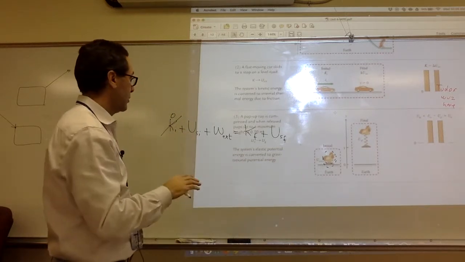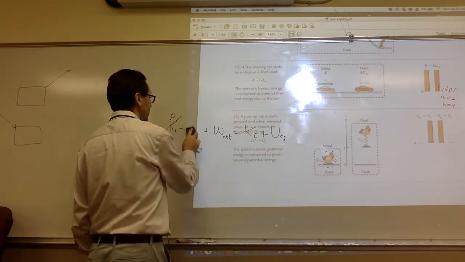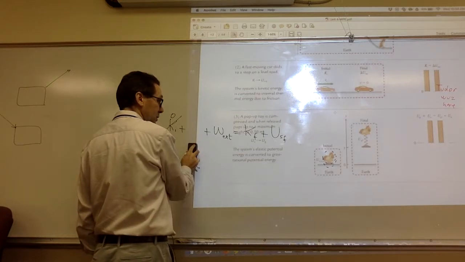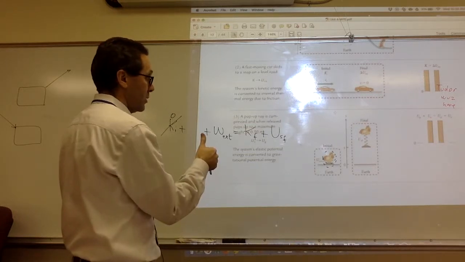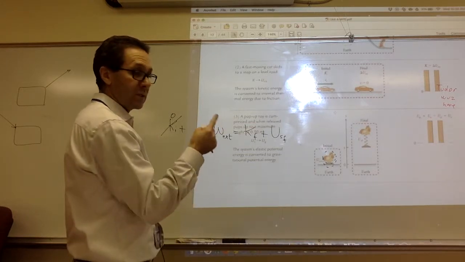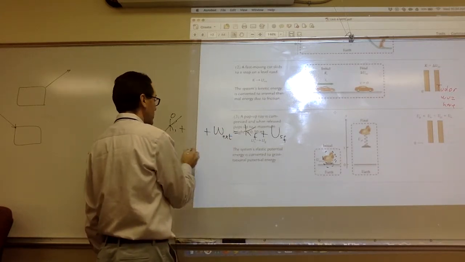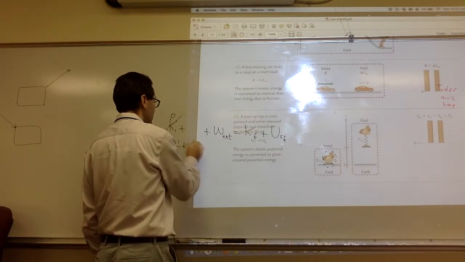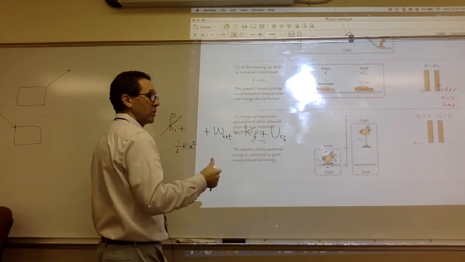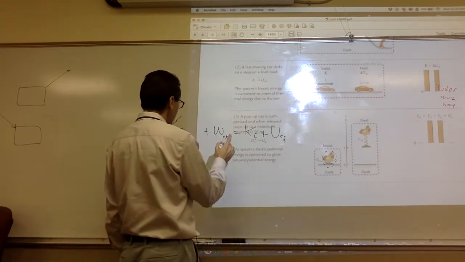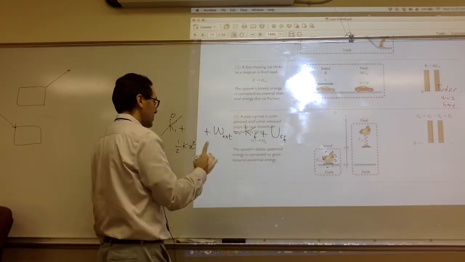So again, the only thing we're looking at is just the toy. No spring, no Earth. Now, the spring is not in the system, so we cannot even talk about this concept of energy in the spring. But the spring is going to do some work on the toy, because the spring is external to our system. The work that it's going to do is 1/2 k x squared, because all the energy sitting in the spring is going to do work on the toy. Gravity will also do some work, except gravity will do negative work. You're moving up, gravity is pulling you down. Minus